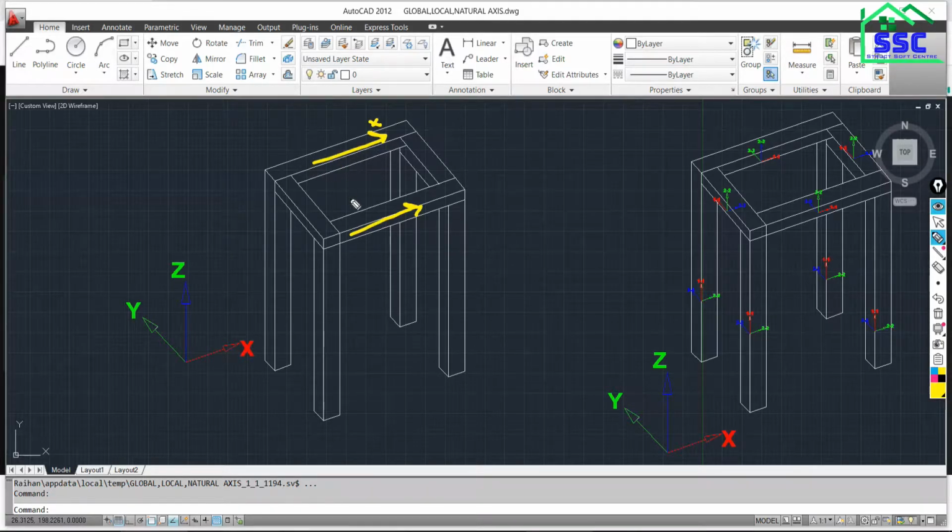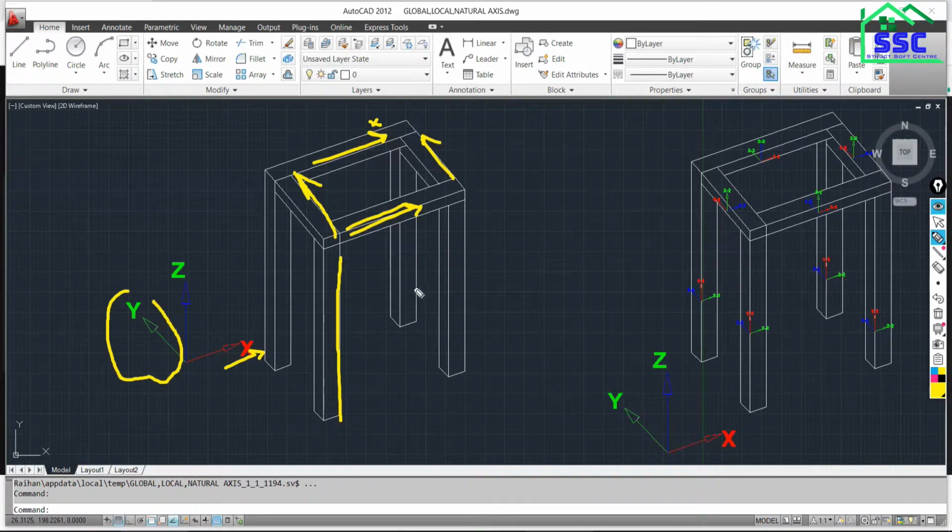It doesn't matter how many members there are, it matters in which direction the members are running. Suppose there are two members running in this direction, then all these members are running in the x direction. All the members running in this transverse direction are in the y direction, and all the vertical members run along the z direction.